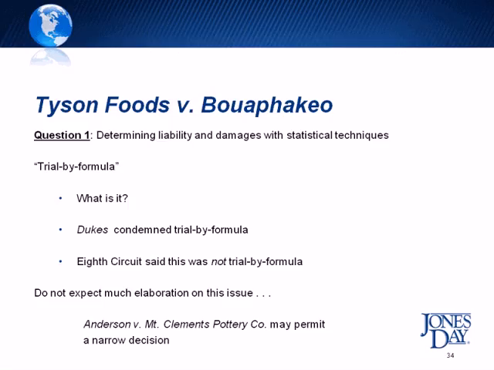The average data that was used was then applied to each individual class member by adding the average donning and doffing time to the actual recorded time worked. So as the case was teed up to the court, it looked like this would be an opportunity for the court to elaborate about what it said in Dukes in generally condemning the use of statistical information to try class cases in this way. After oral argument, though, it looks like we may not get much elaboration on what it